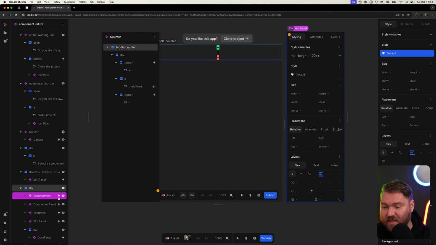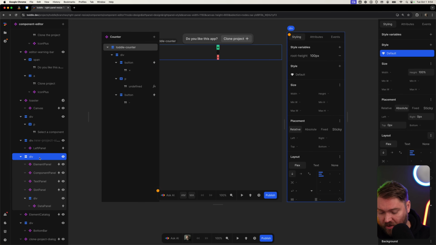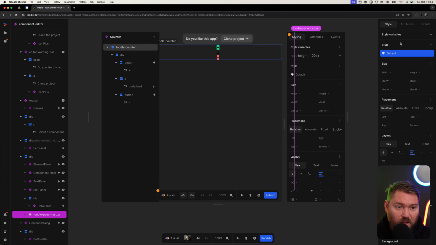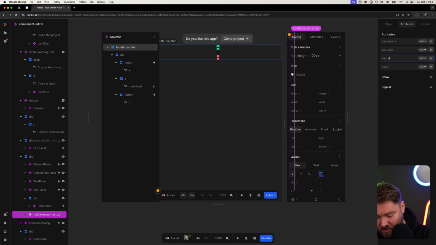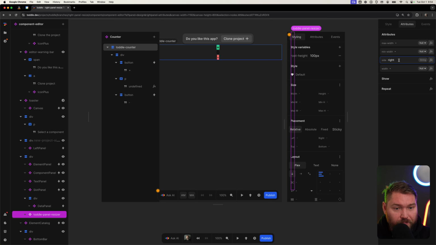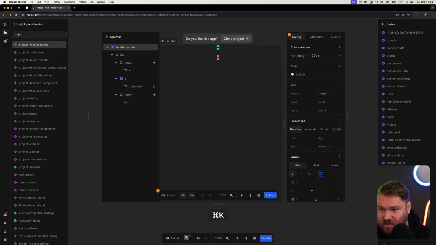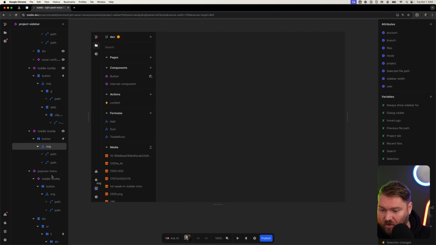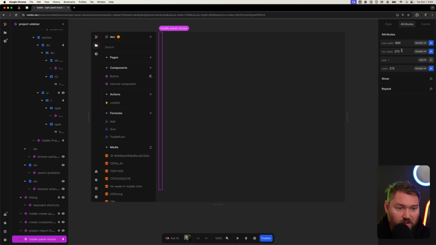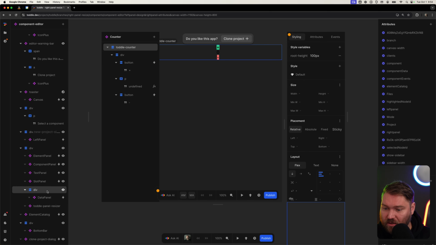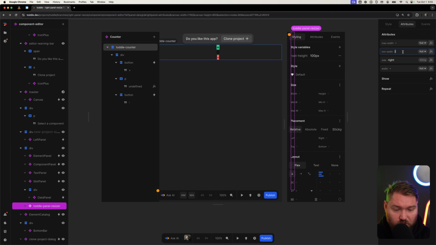So what I think we want to do here is go here and then have our total panel resizer here. I think we're going to set the side right for that. And what should the min width and max width be? Well, what were they on the other one? Project sidebar. We'll just see what they were here, right? Oh, there we are. 800 and 270. I think 270 is probably fine. 800 is almost certainly too little. So total panel resizer, min width